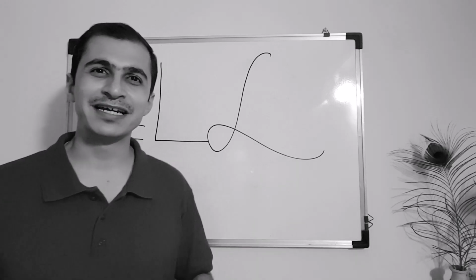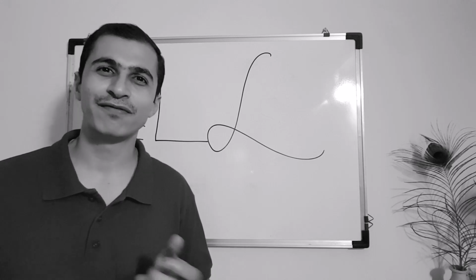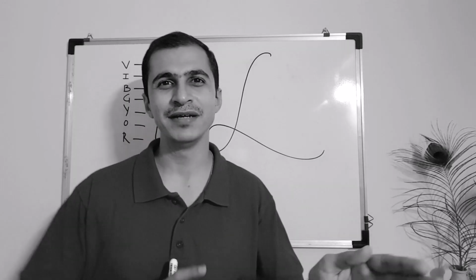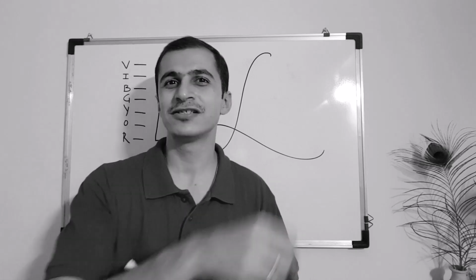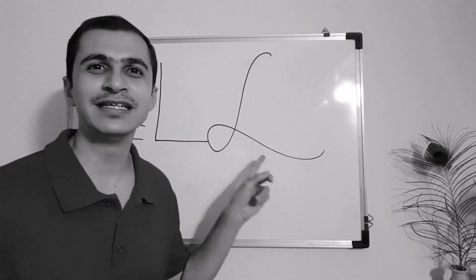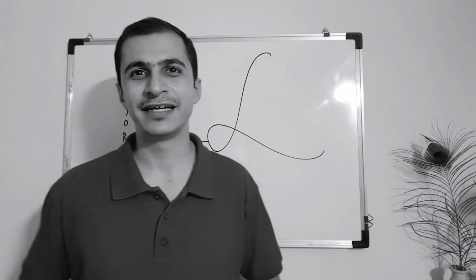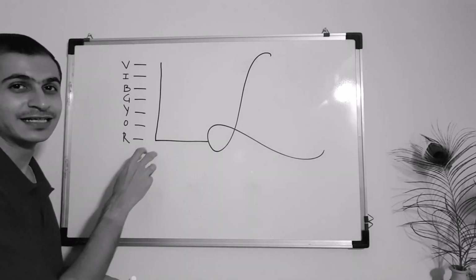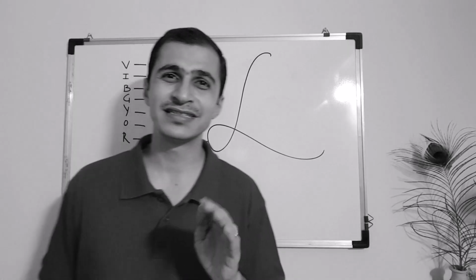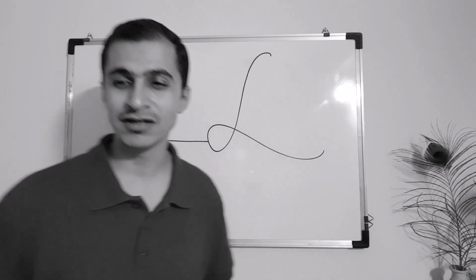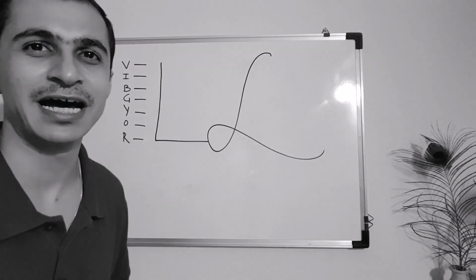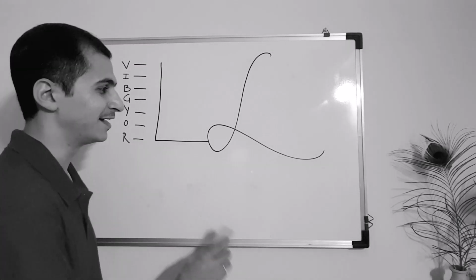Alright? Especially if you are having a relative or a friend giving you a sample and in the end they write lots of love from me or you. So that lots and love is normally written with this kind of letter L. If that letter L is written like this, it shows that the person just wants to be straightforward and there's not much of a creative situation happening at the gut or instinctive feeling.